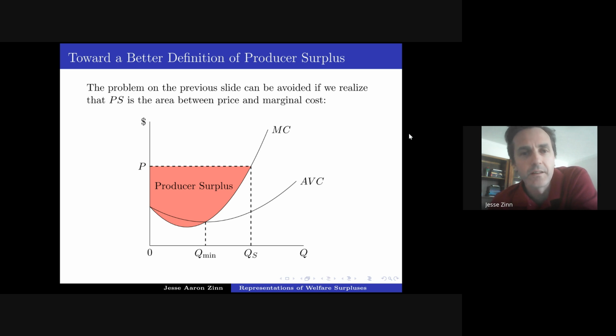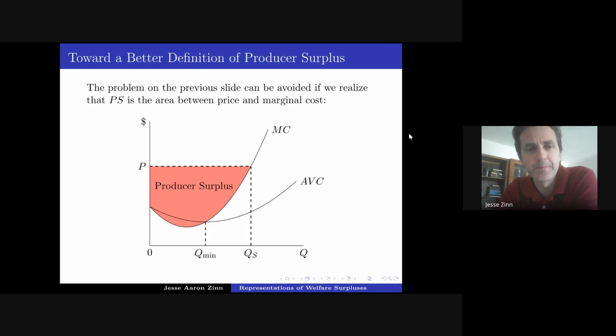As is shown on this diagram right here, we can totally avoid that problem, that issue that appeared for students on the previous slide, by emphasizing that, right? It's not just the supply curve, it's marginal cost. It's the curve that we want to think about as being part of the border for producer surplus in this usual method of